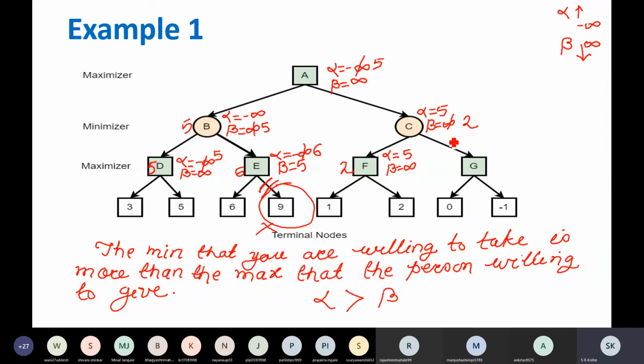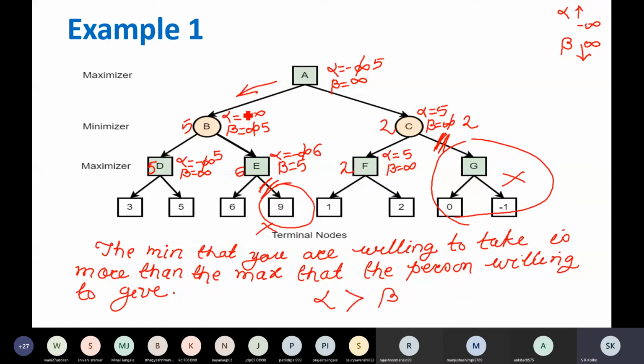Okay. So what will happen because of that? You did not have to go this side. So prune the corresponding branch. So pruning will take place and this part you did not have to evaluate. So a lot of effort you can save because of this. So value of C will be 2 and A is a maximizer node. So it is getting 5. So it will not change and this particular move will be selected by the maximizer.